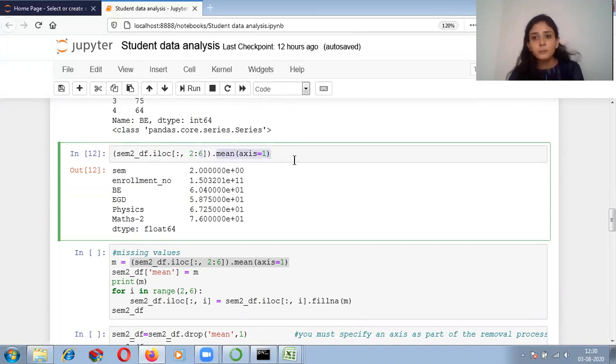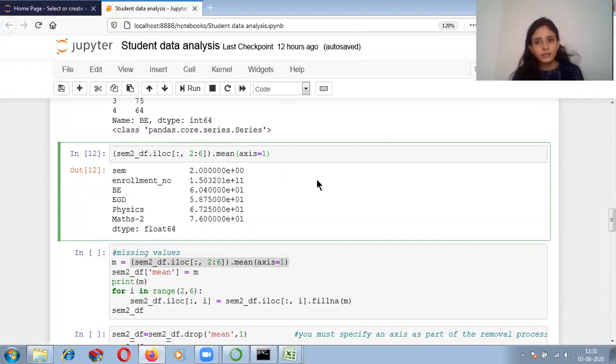And I want mean row wise. So for calculating the mean row wise, you have to write over here like this, that is your attribute. So my attribute is axis and my value is 1. So when you write axis equals 0, or if you do not mention the axis, then if you are writing the mean, it will calculate the mean column wise.